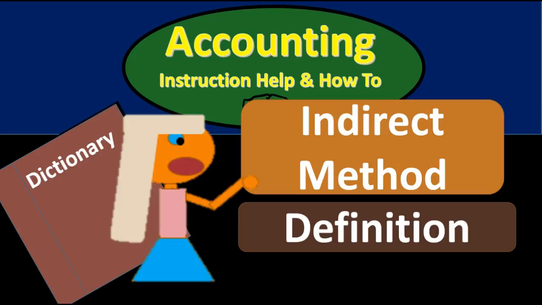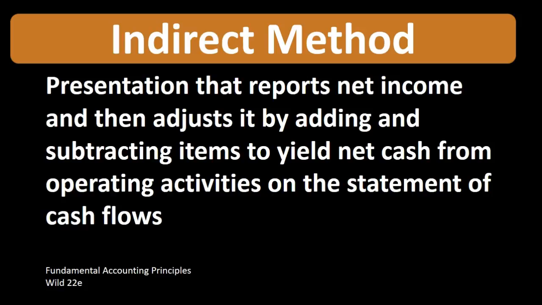Hello, in this lecture we will define indirect method. According to Fundamental Accounting Principles, Wild 22nd edition, the definition of indirect method is presentation that reports net income and then adjusts it by adding and subtracting items to yield net cash from operating activities on the statement of cash flows. So obviously when we are looking at the indirect method, we are considering the statement of cash flows,